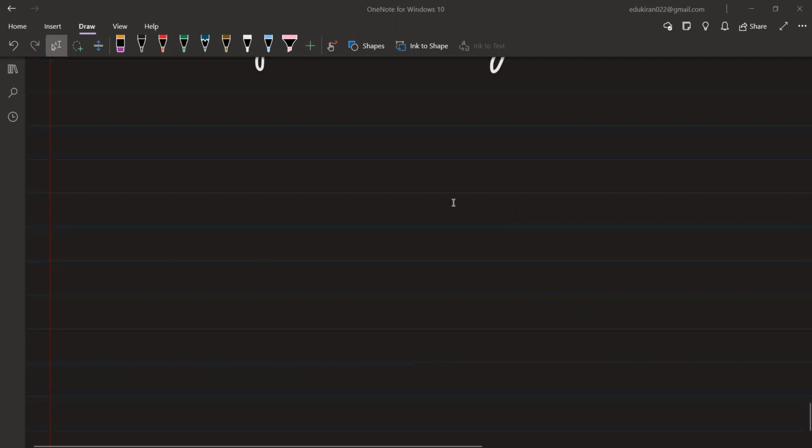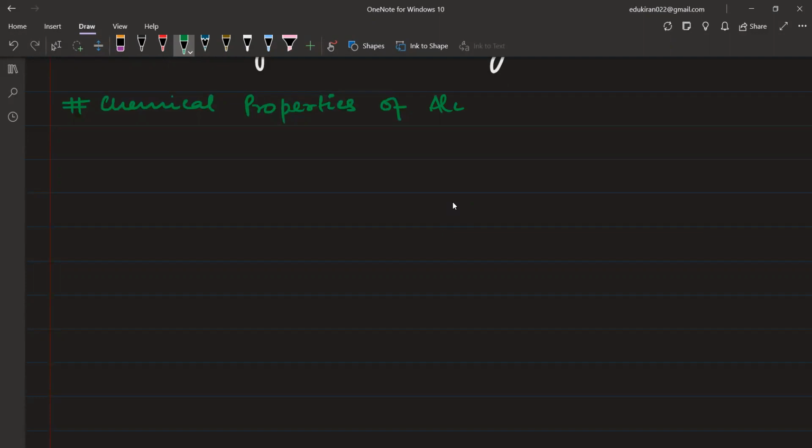All right, next. Chemical properties of alcohol. Now, if we look at, please don't write this, first lesson. If I look at this molecule of